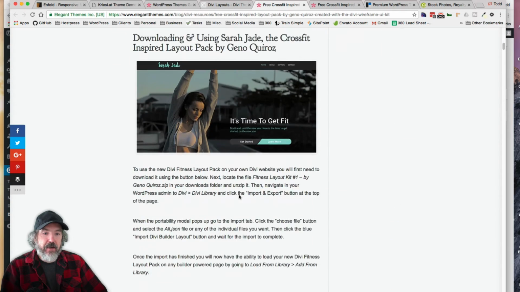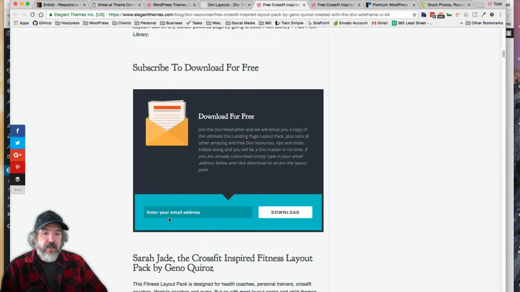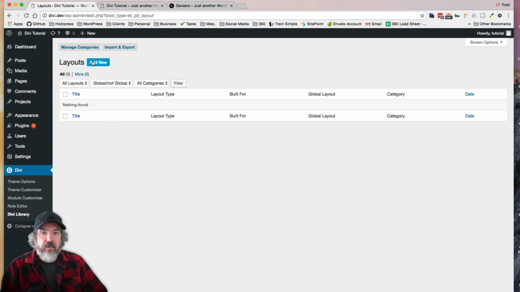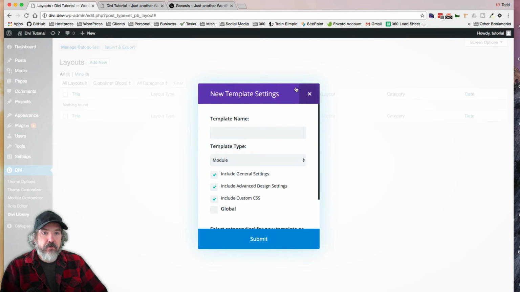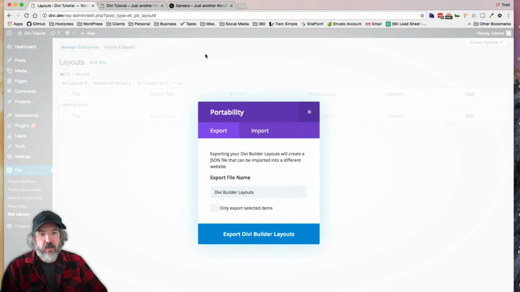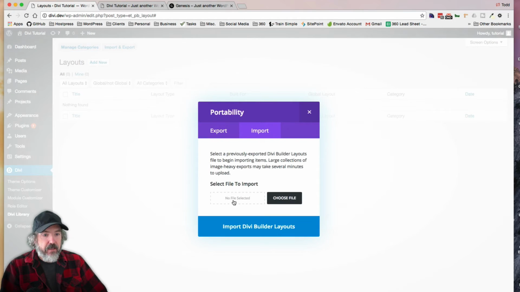You just have to subscribe, and then they'll give you the download for free, which I have here as a zip, and then you want to unzip that. And we'll come back to our layouts. We're going to add a new one. Oops, sorry, not add a new one. We're going to import export. So we're going to import,